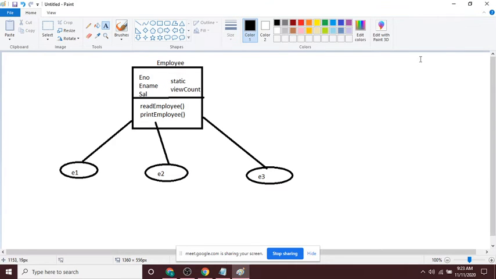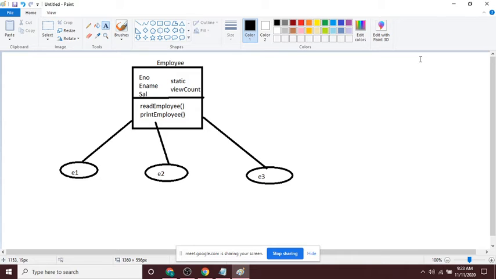Understanding? So in this class, how many member variables are there? Can anyone tell? In the employee class which I have created now, how many member variables are there? So, 4. What are they?